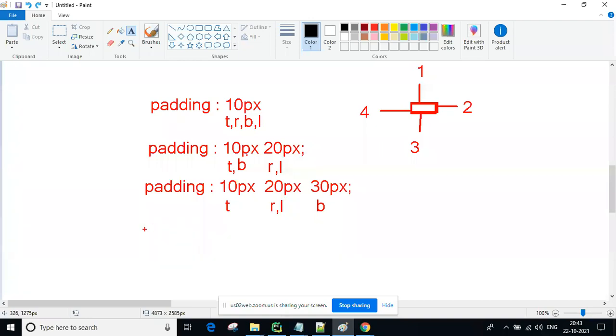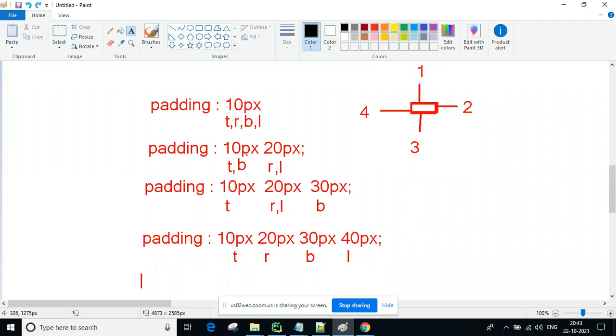Okay now, space, guys. So now here the padding: padding 10 pixel, 20 pixel, 30 pixel, 40 pixel if you are taking. Then simply we can identify this belongs to top side, this belongs to right side, this belongs to bottom side, and this belongs to left side. Okay, now if you want you can take one snapshot tomorrow when you are doing practice. By seeing this one you can do it easily. Okay, so top, right, bottom, left you are taking, guys.